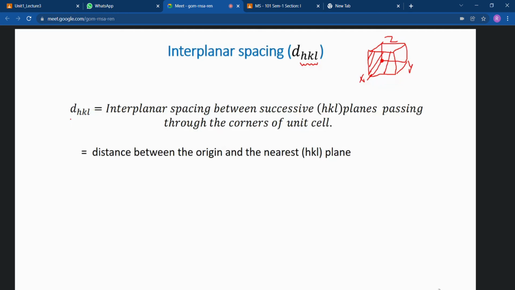Now, if we have this d_HKL value, what does this d_HKL represent? If you have two planes or more than one plane, and you have to find the distance between those two planes, then we use this term d_HKL, where HKL we can write in the subscript. This generally represents the interplanar spacing between successive HKL planes. Suppose you have the 111 plane, or the 110 plane, or any planes you can take. If you have to represent the distance between these two planes, then we use this